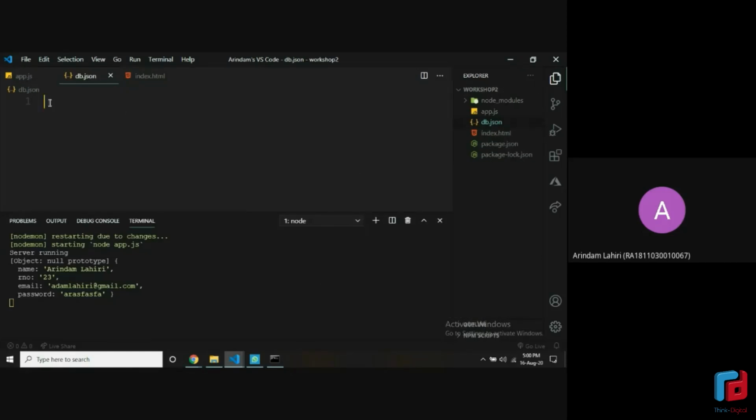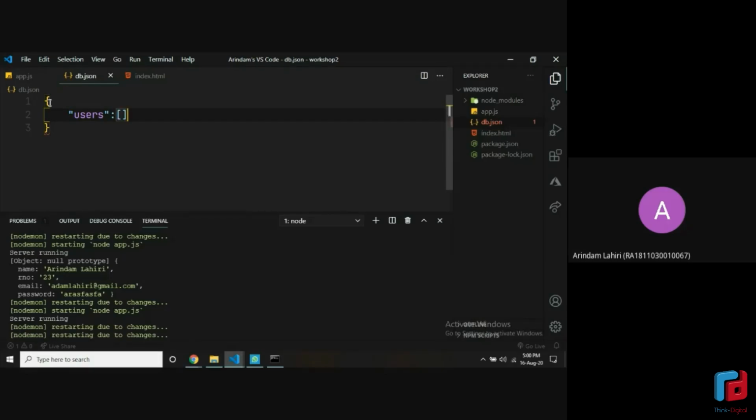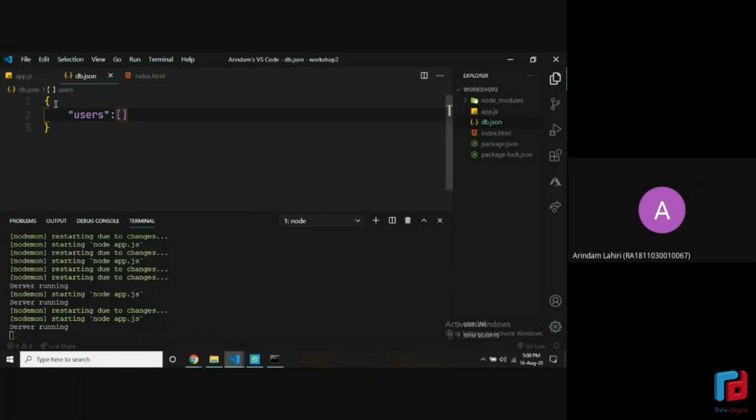It will open up in your editor. Put some curly braces, hit enter, and inside double quotes write users, colon, and then square brackets. So if you remember from earlier, this is what a JSON object looks like: curly braces, quotations around the key, and then the value is an empty array right now. The square brackets are for arrays. Now, why is it an empty array? Because we haven't added any users in this. Now let's add a user in this.